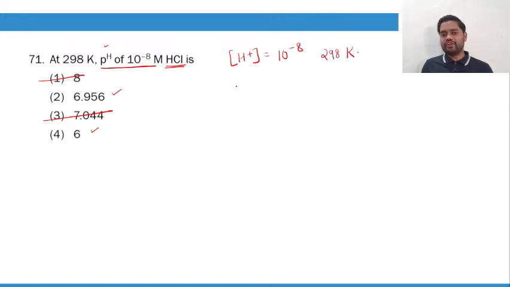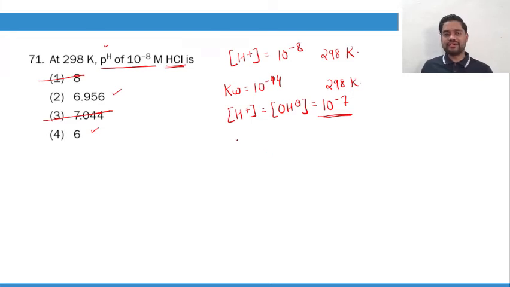Right, and we also know that at 298 Kelvin itself, Kw is equal to 10 raised to minus 14, and at 298 Kelvin only we also know that the concentration of H plus ion is equal to the concentration of OH minus ion, that is equal to what? 10 raised to minus 7. In this case,